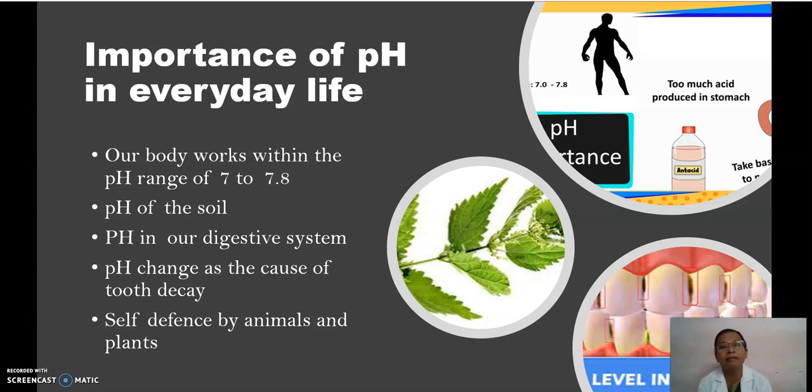And if nettle leaves happen to touch your body, you get an irritating itching effect. At that time also we can apply another leaf which contains a base, or calcium hydroxide, or baking soda. Then we get rid of that